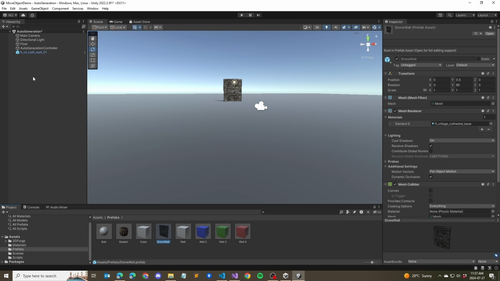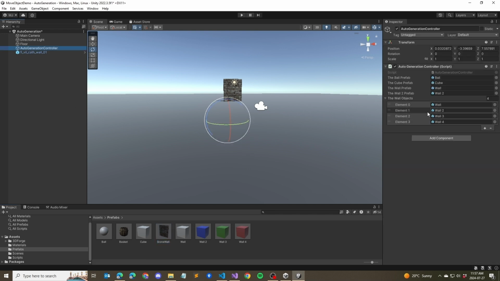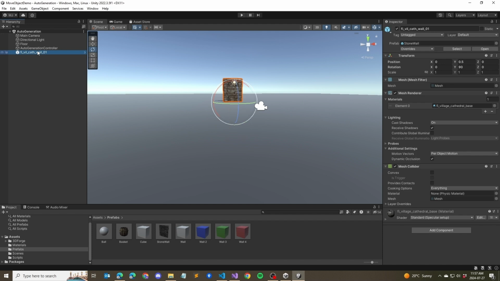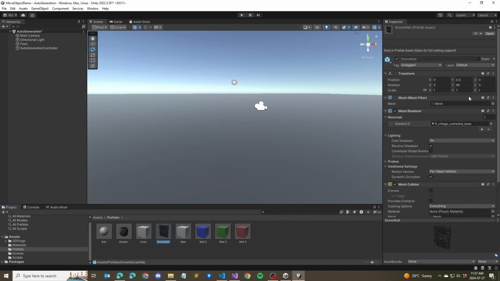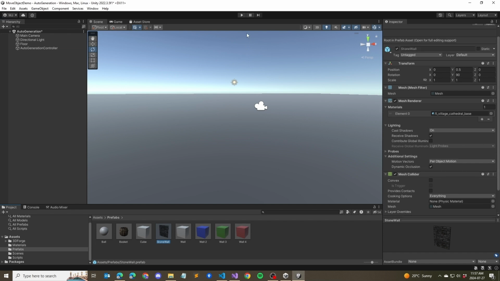Okay, and then if we go back to our auto generation controller, remove all of these elements, and then replace the stone wall once again without changing anything. We'll delete this one. Without changing anything on the code side, it will handle having this generate